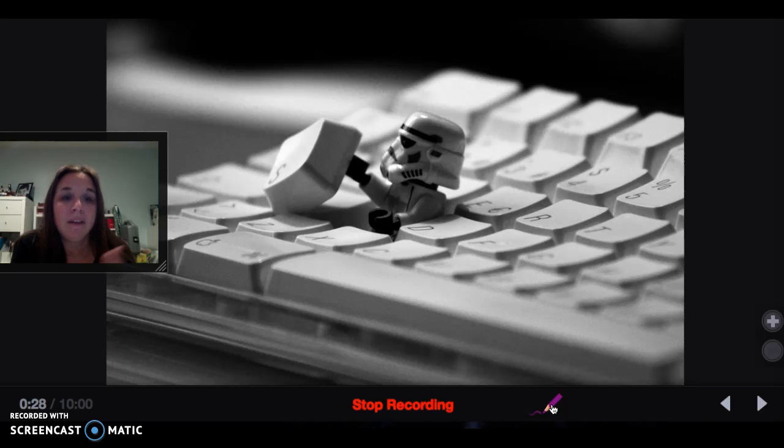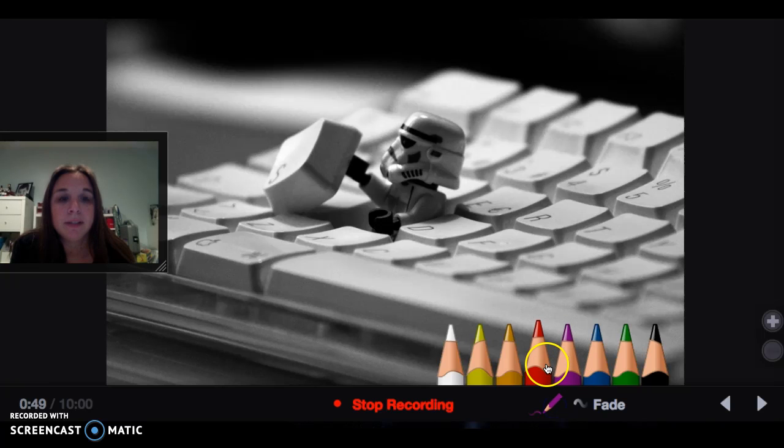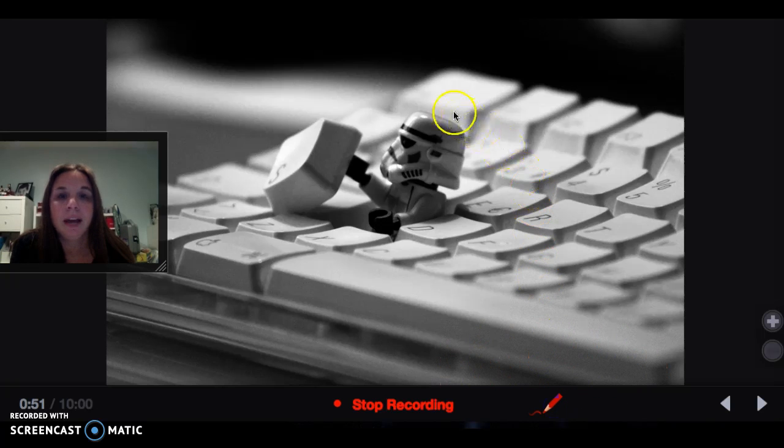So if you have a document or a quiz or something that you want the students to see or edit or make changes to, if you wanted to show them different ways to cite sources, you can create a document, you can add it here by this plus button, and then clicking on the pencil,